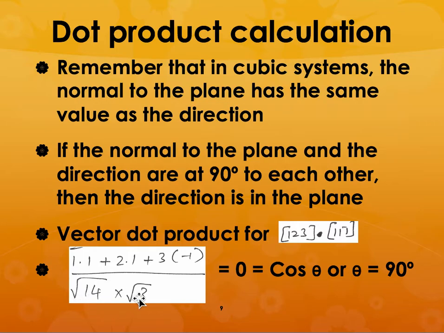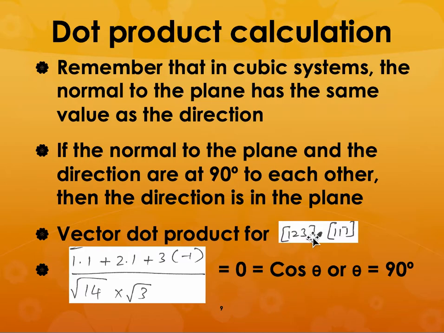So root 14 times root 3. So if you take this, it is equal to 0 because the numerator is equal to 0, which means cos theta is 0, or theta is equal to 90 degrees. So which means that